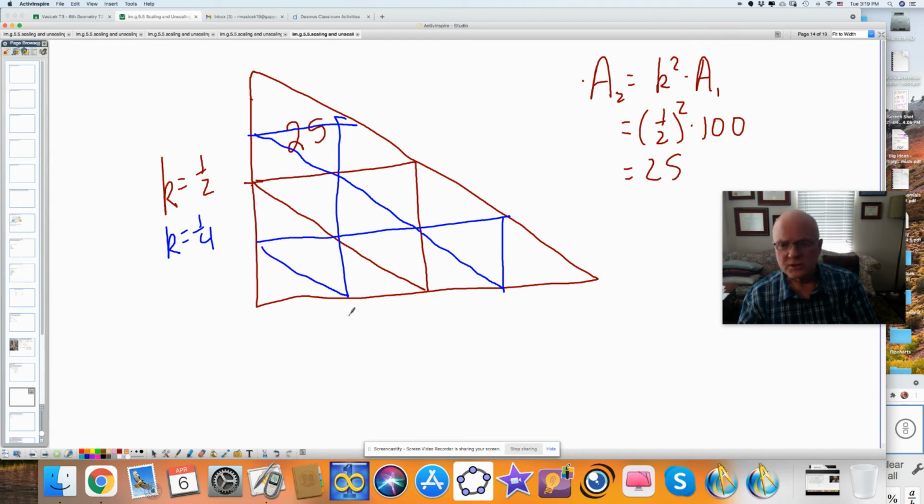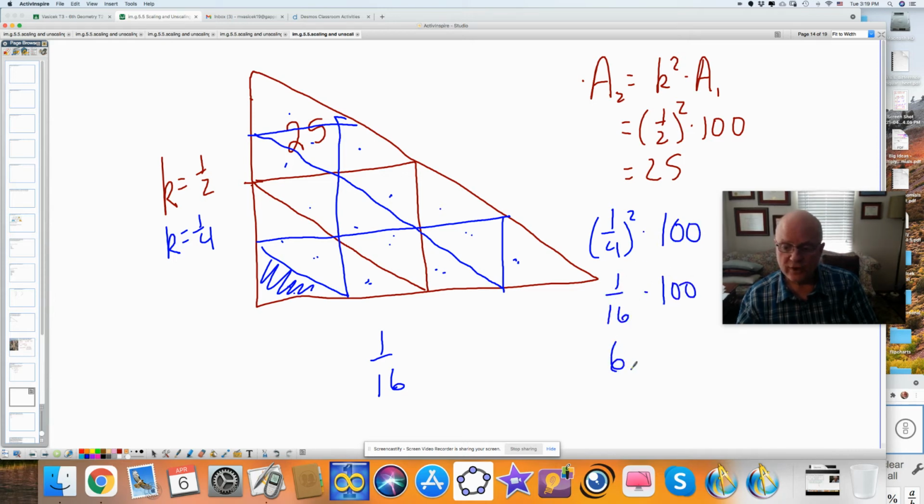How many triangles do you see? 1, 2, 3, 4, 5, 6, 7. All right. 1, 2, 3, 4, 5, 6, 7, 8, 9, 10, 11, 12, 13, 14, 15, 16. There's 16 of them. And if I scale it by 1/4, one of these is going to be 6.25. That's 1/16 or 1/4 squared. 1/4 squared times 100. It's 1/16 of 100,